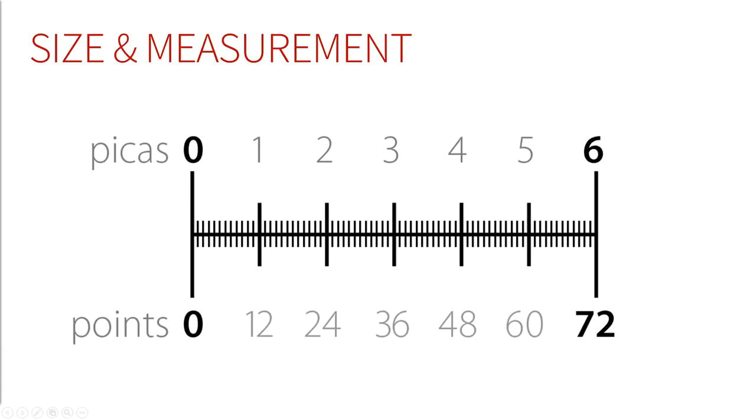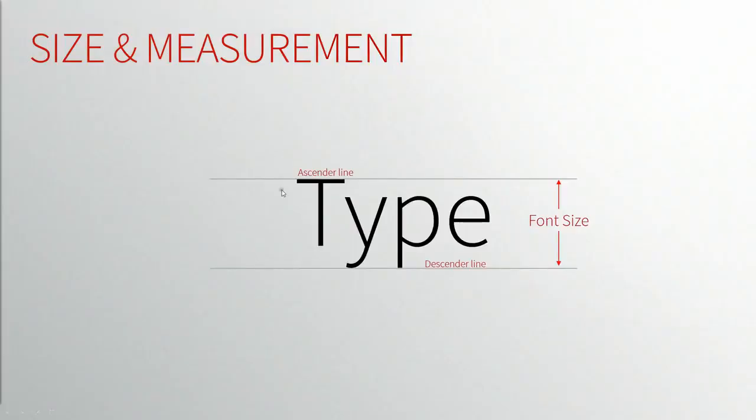All right, so this is why it's important. Because here we have our overall font size. So we're going from our descender line, which is the bottom of our lowest descender in the font. So it could be our Y or a P here. This is the descender line. And this is the ascender line. So this is the